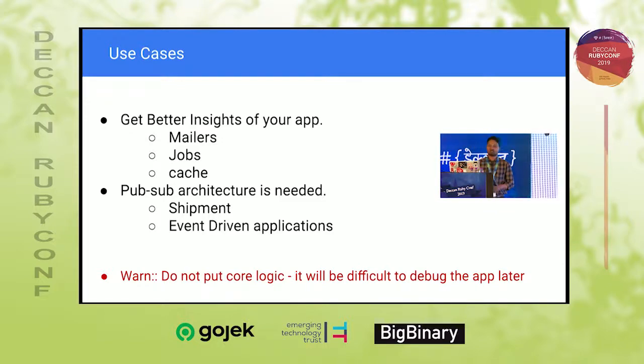The other use case that we found is in the case of event-driven applications, when the applications are decoupled in nature, for example, shipment applications. Whenever a shipment arrives, you need to inform a carrier. So these two or three parts are decoupled ones. In this kind of application, you can also use Rails instrumentation. That is a good piece to have.